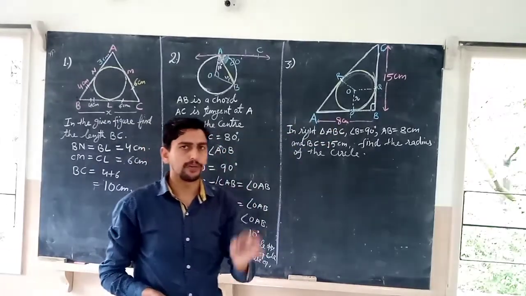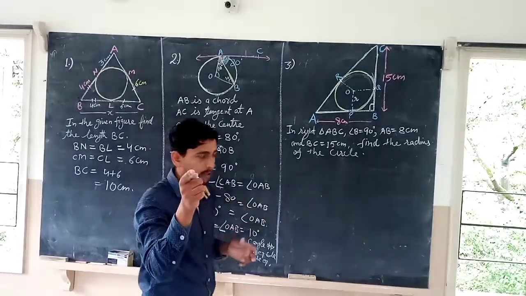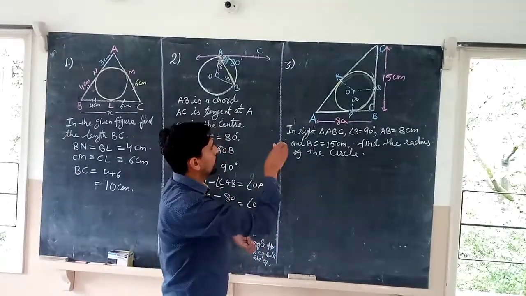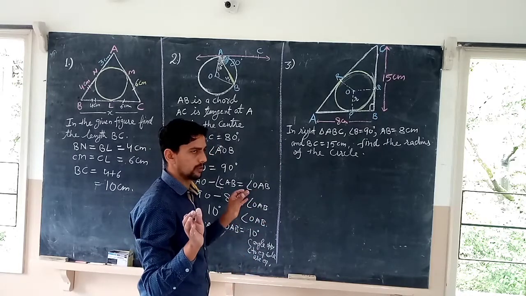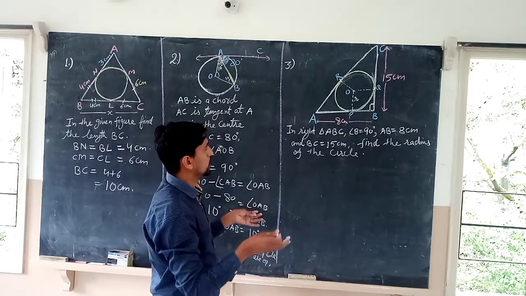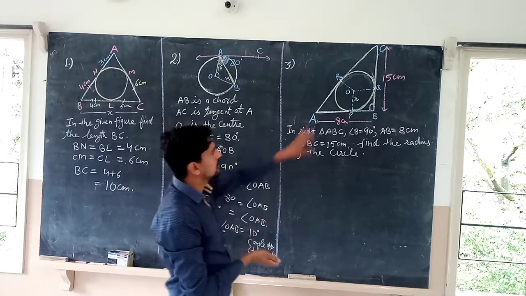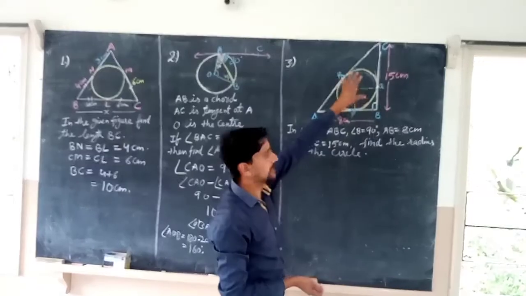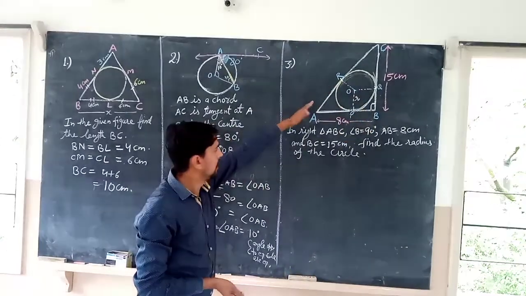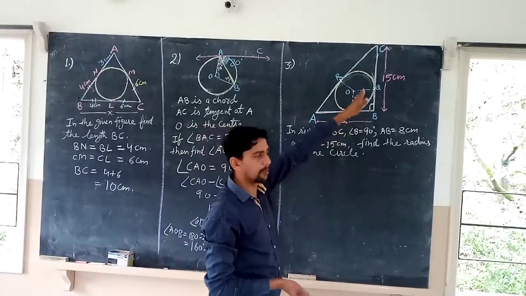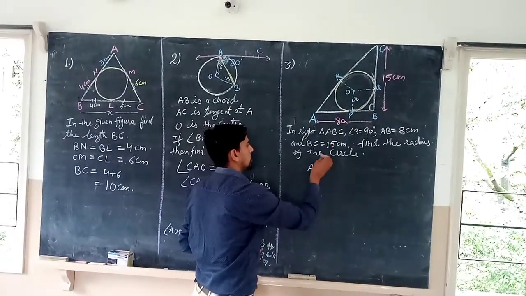Now the first thing that you can calculate easily, and that must come to your mind, is the length of AC. You can easily find out the length of AC. Because you know ABC is a right angle triangle, right angle at B. That means AC is the hypotenuse. And you have been given the base and the perpendicular, so easily you can find out AC.